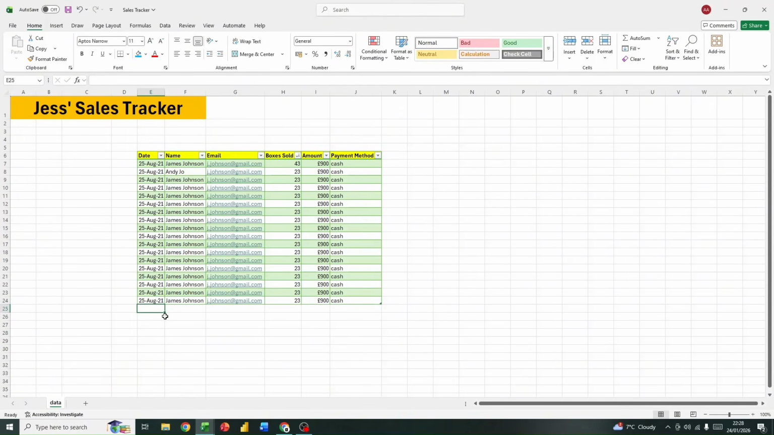If I added an extra value here and I put the 24th of August 2021 and I press enter, you'll see that Excel identifies that this is going to be part of your table that you just created. So it automatically gives us the same formatting across the rows. So that's quite helpful. And at the same time, if I just wanted to copy this across, I could drag it down or